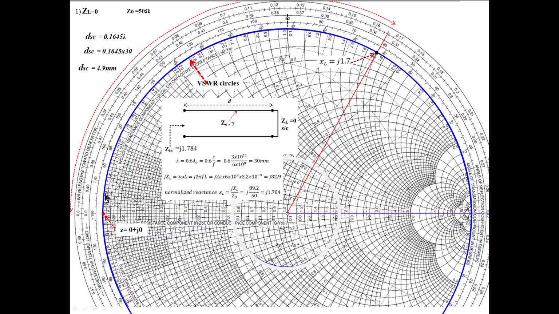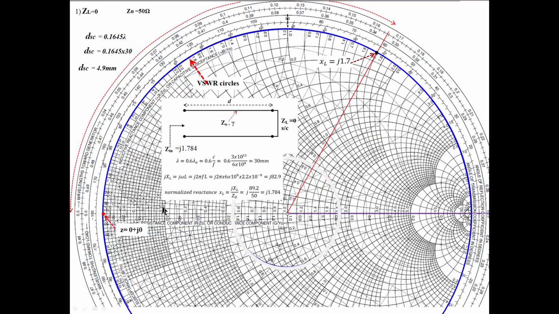What is a VSWR circle? This is a VSWR circle, the blue one that I am showing here. This is the VSWR circle for this load ZL equal to 0, because our transmission line is connected with a load equal to 0. That's why we marked our load and drew the VSWR circle. Now, from the load point, you go on moving like this, and stop wherever the input impedance is the value required by you.